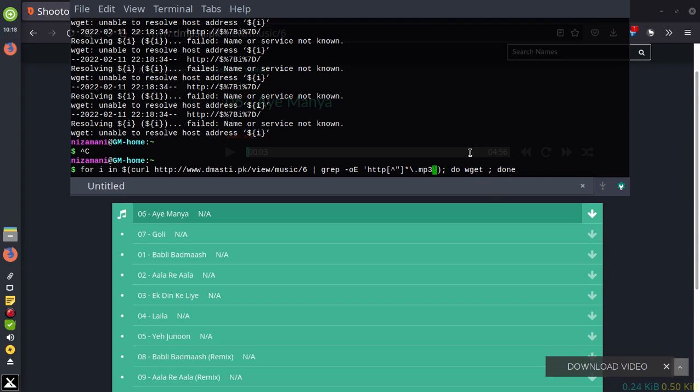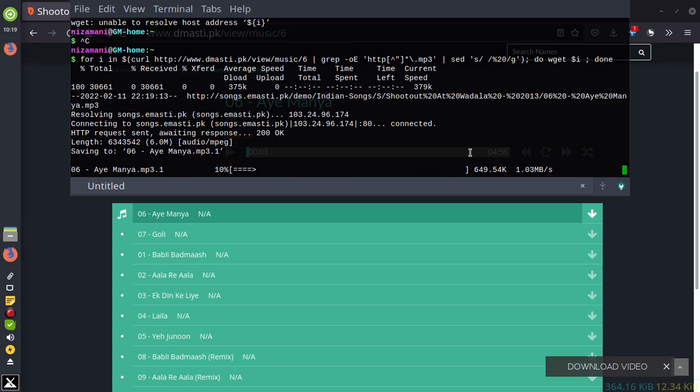I am sorry, but we have to use the sed command because the space is not interpreted by the terminal somehow in the loop. So with the sed command we will be substituting space with %20, and we are doing it globally. And now when we do enter,